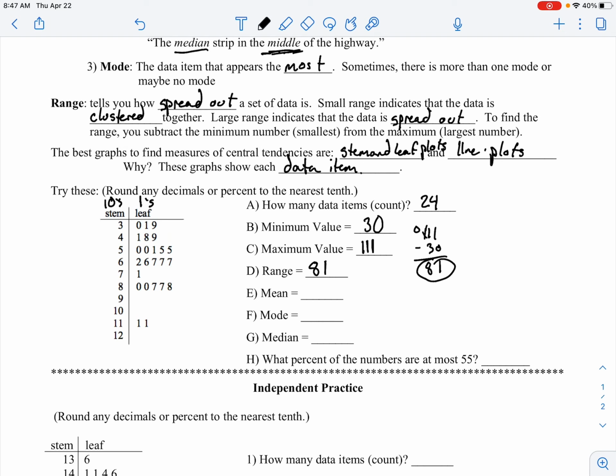All right, so we have to add up each of these. So this first one is going to represent 30 plus 31 plus 39 plus 41 plus 48 plus 49 plus 50